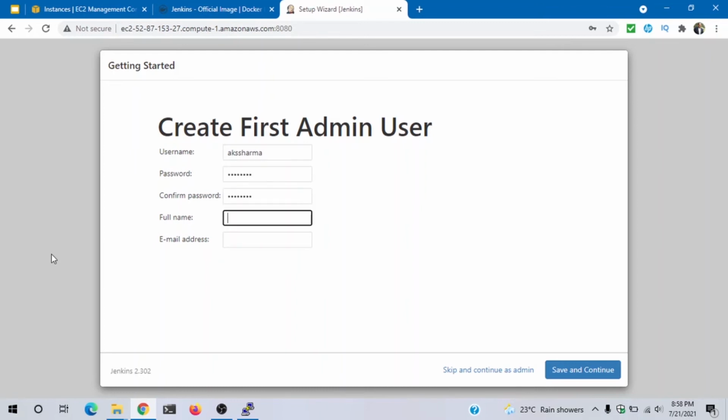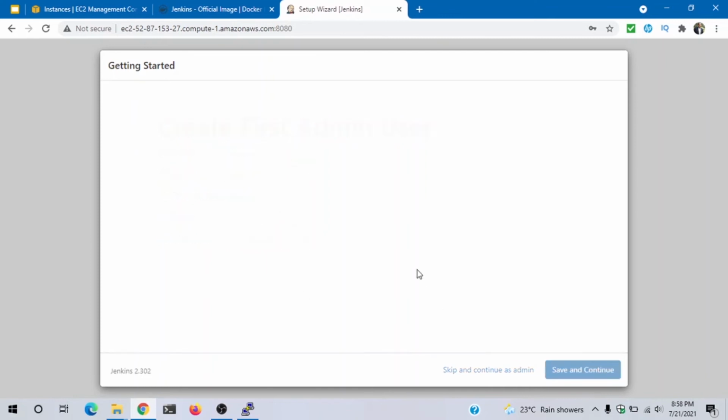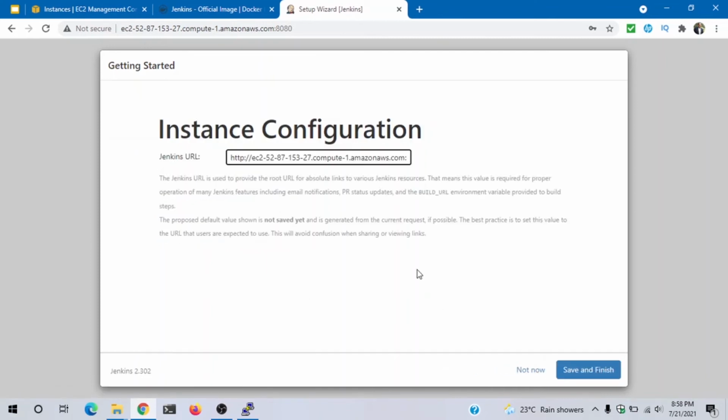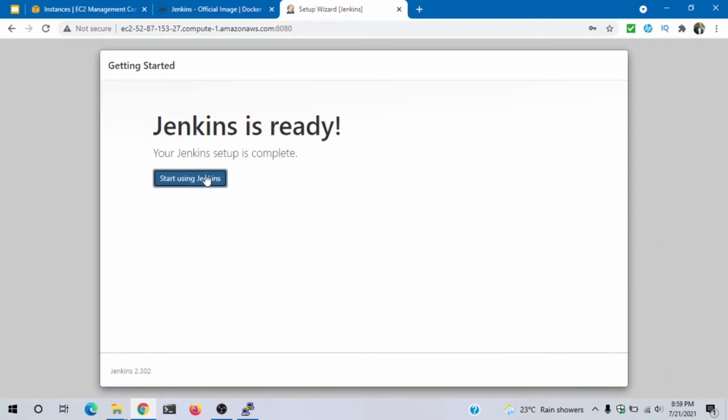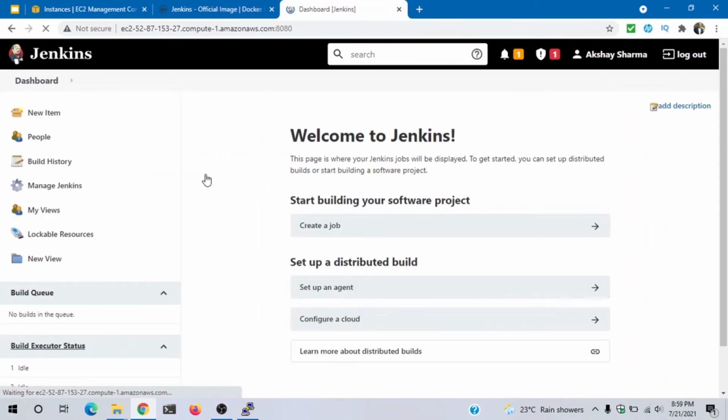I'll enter the confirm password, the full name, and the email ID, and click on save and continue. And now you can select the Jenkins URL, create default, and click on start using Jenkins. Yes, so our Jenkins installation is completed.